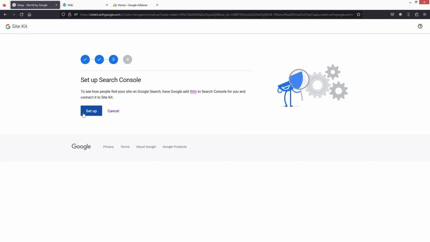And now the third step is to set up the Search Console. So how will people find your website on Google Search? To see that, we have to add our website to the Search Console. So let's click on the setup,